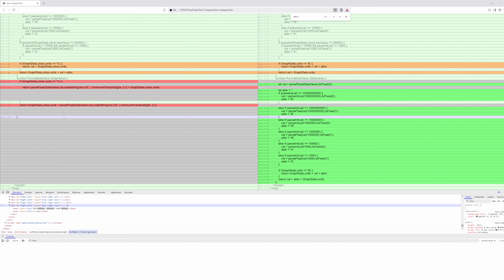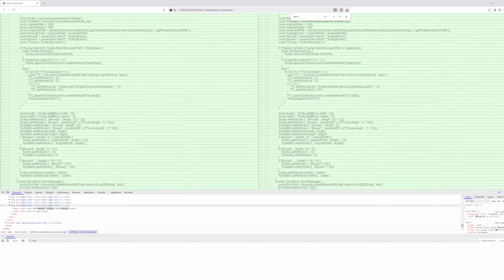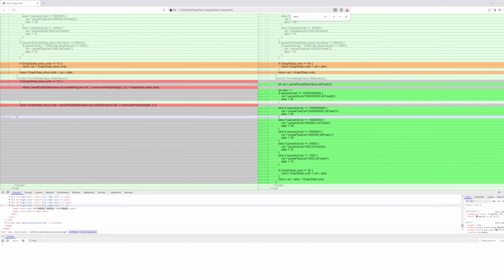And I think part of that is probably an artifact of imperfect matching. So I think there's some cases where it's creating like a red line and a gray line and then a gray line and a green line, when it could really be matching the red and the green and produce a yellow and a yellow. So I think we still need to fine tune some of the rules,